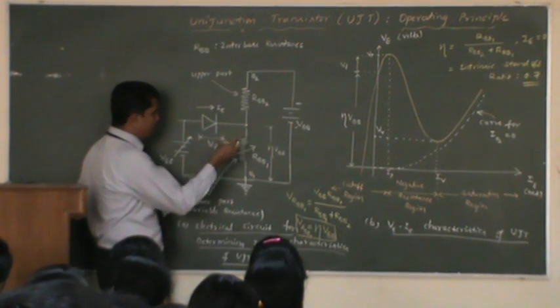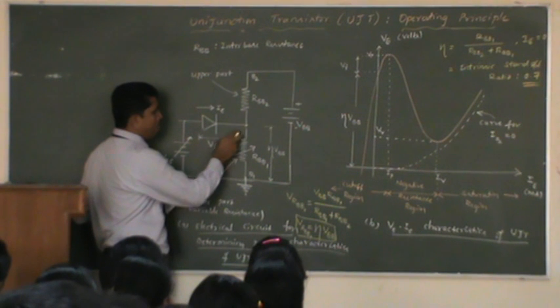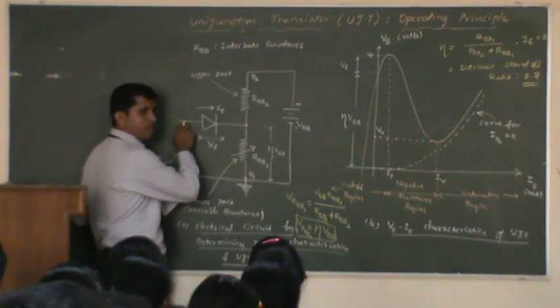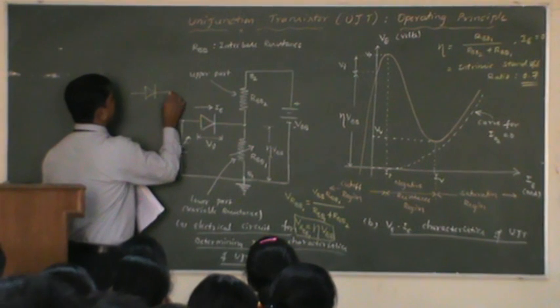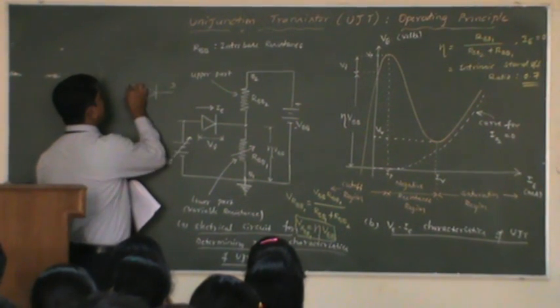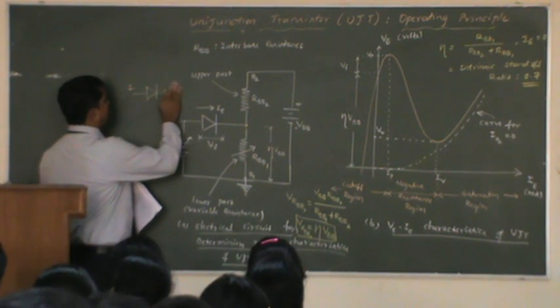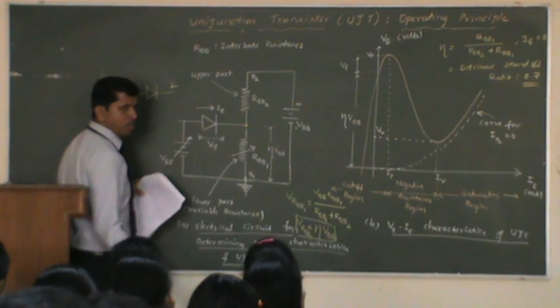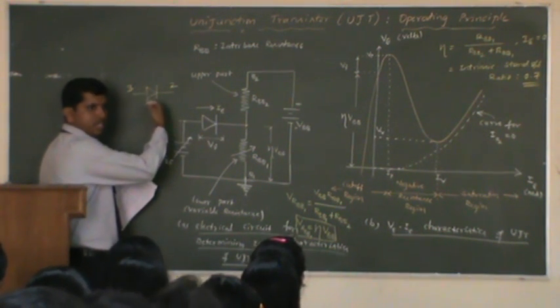Because normally, if you forget about the rest of the circuit and take this particular diode itself, if the voltage at this point is more than the voltage at this point, obviously it will be reverse biased. Take an example of a diode like this. Suppose I apply 3 volts here and 2 volts here: reverse bias. If 2 volts is applied here and 3 volts here, it is forward bias. The same thing applies even if you go negative; the condition is the same.